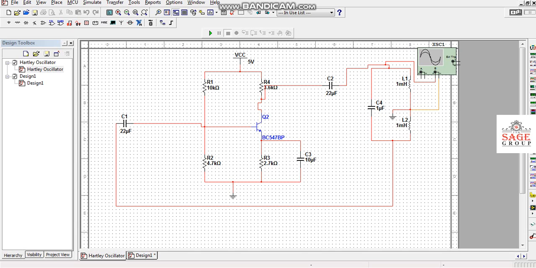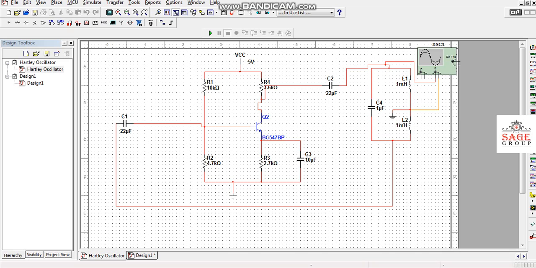This is the transistor Q2, and different resistors are there. R1 and R4 are connected to this VCC supply. R2 and R3 are grounded. The input from the base is taken from the C1 capacitor, and the C1 connection is given to this tank circuit.